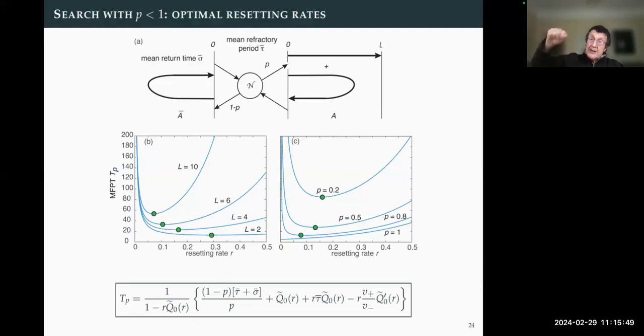But for intermediate values of the resetting time, you get finite values, so you have to have at least one minimum. And in practice, for a wide range of stochastic process resetting, you find that this minimum is unique. And so therefore, depending on parameter values, there exists a unique optimal resetting rate that minimizes the first passage time. And this is one of the reasons stochastic process resetting creates a lot of interest as an optimization mechanism.